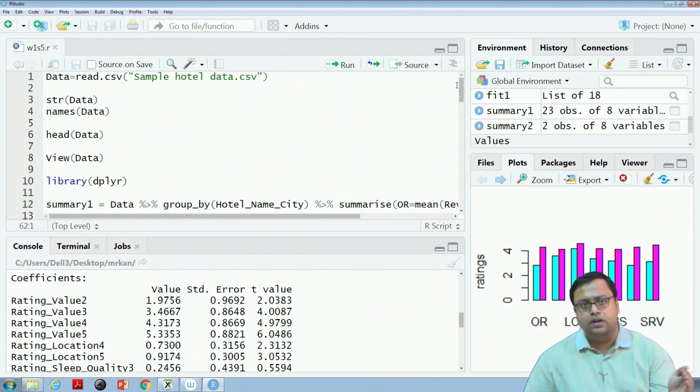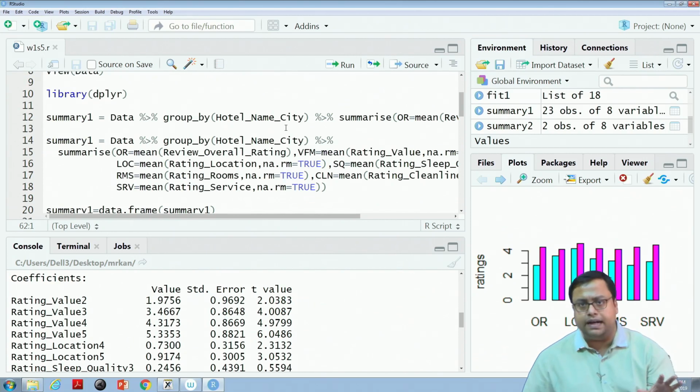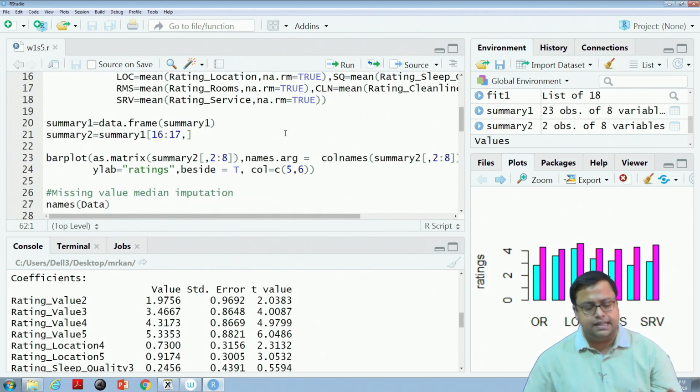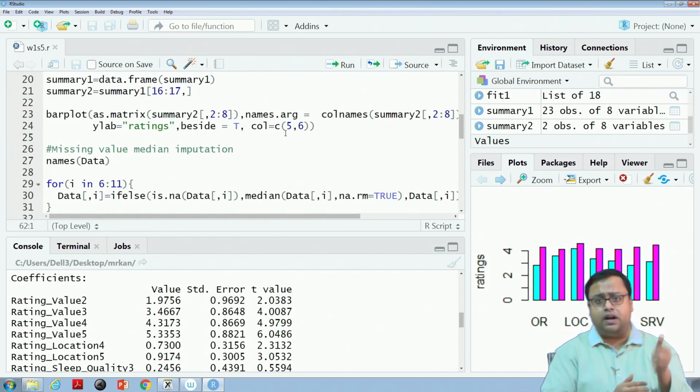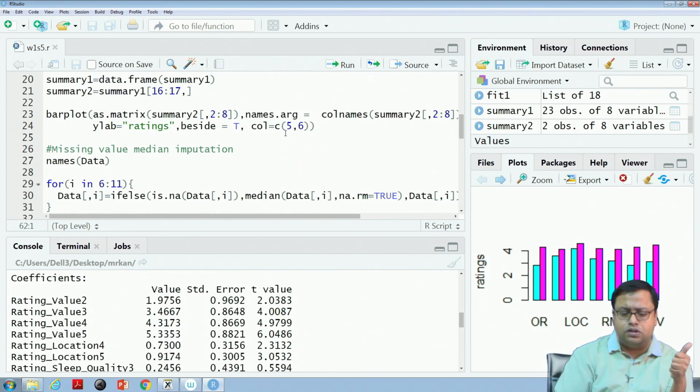we have read a data set, we have grouped the data set and got certain insights, we have created a bar plot, next we did a regression. What are the steps? We first removed the missing values, then found out whether there is any outlier or not, and removed the outliers.